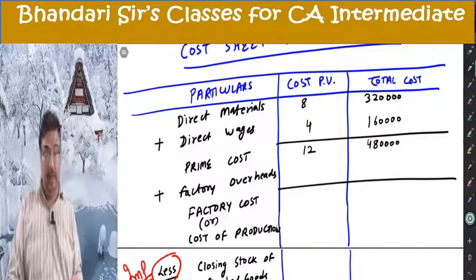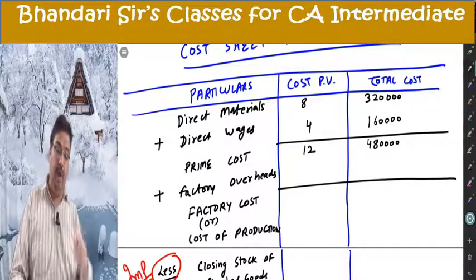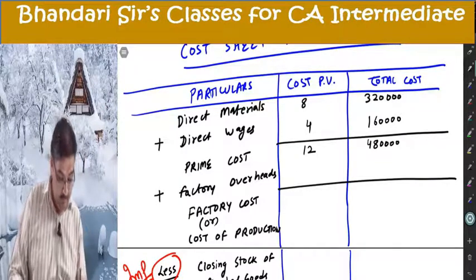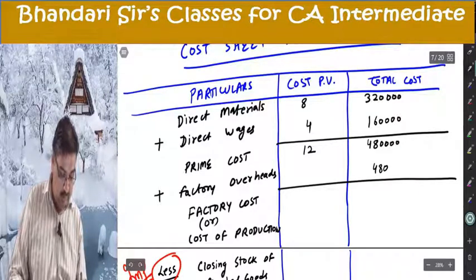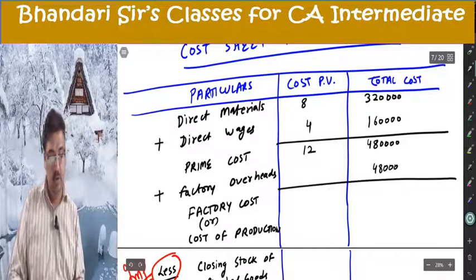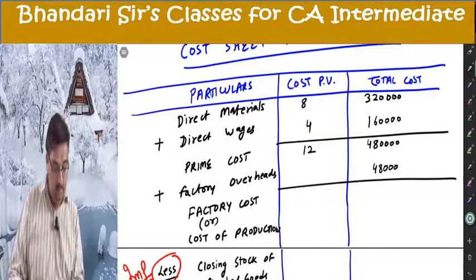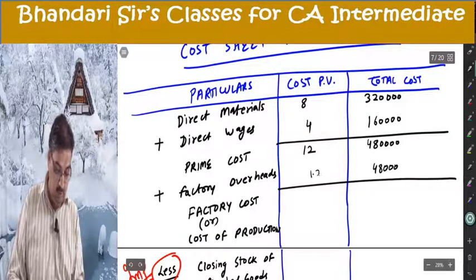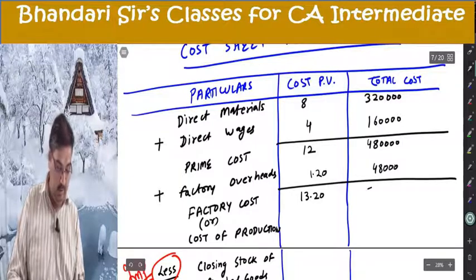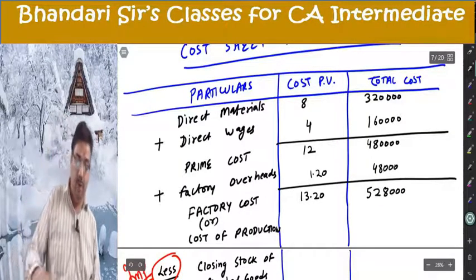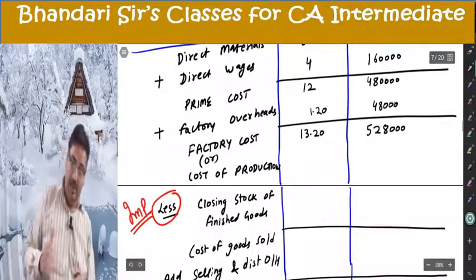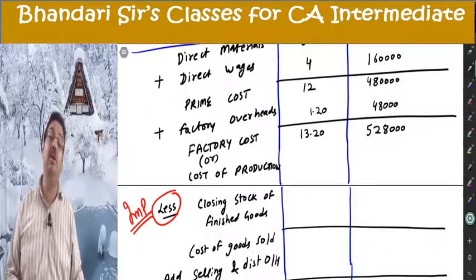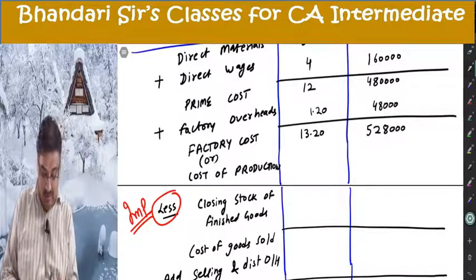Factory overheads added. We computed factory overheads to be added, 48,000. This is on 40,000 units, 1.20. 13.20, 5,28,000. 5,28,000. Now next is important. Closing stock of finished goods. It is